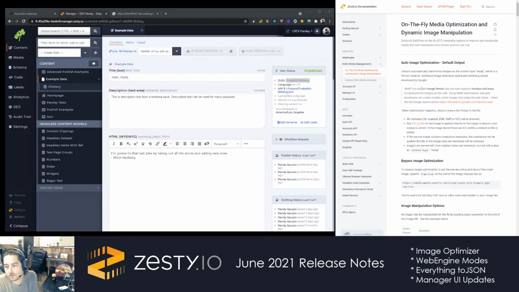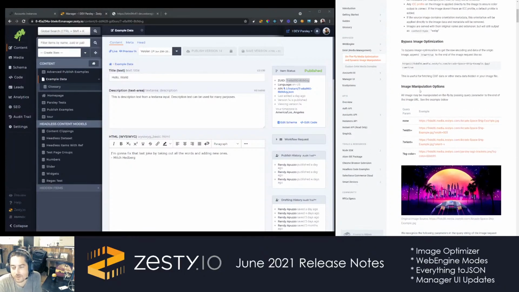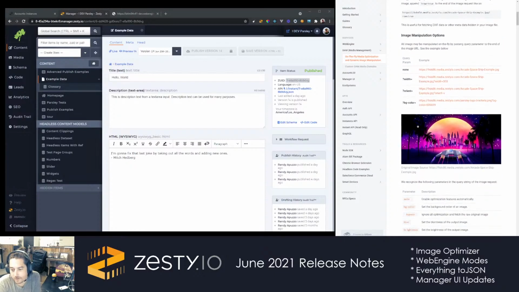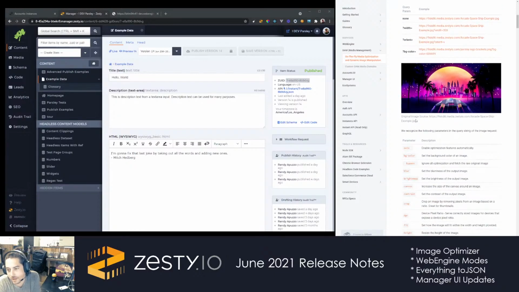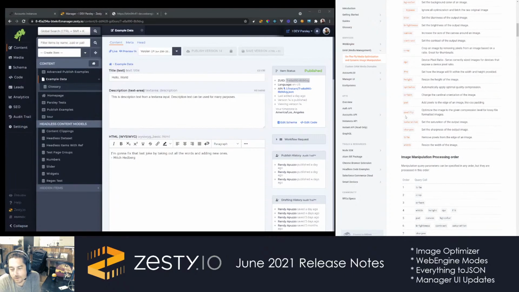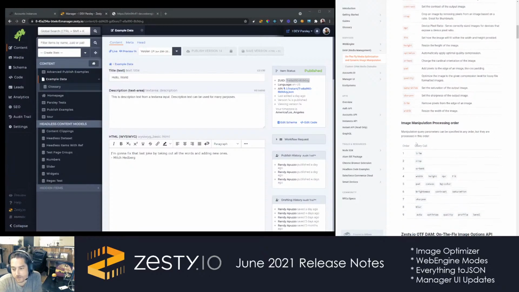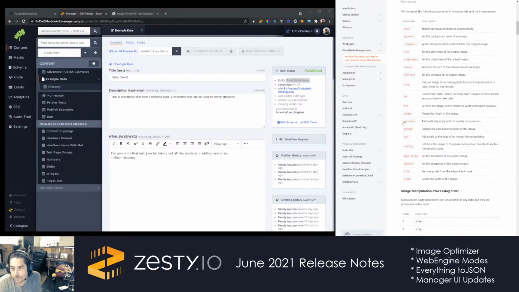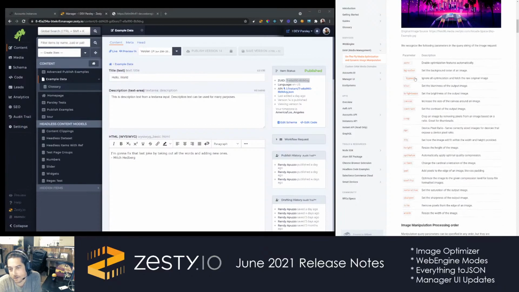So this is the new image tool. Basically, any image you upload to Zesty at this rate has the ability to be modified on the fly, which is very useful, especially when you're working headlessly. Traditionally, we would only have access to pretty much two parsley calls, and parsley let you crop or fit an image and let you control the height, which would optimize it and was useful, but this goes way beyond that. So you get now the ability to change the background color, blur things, change brightness, crop to canvas size